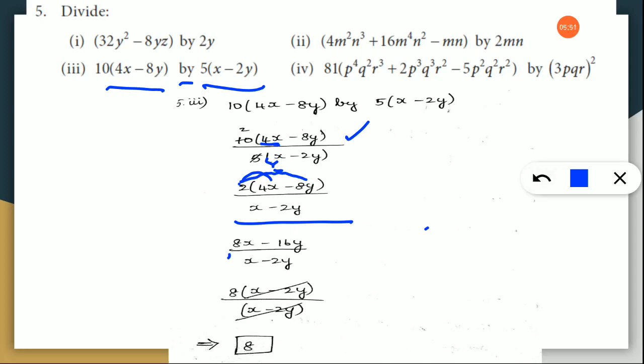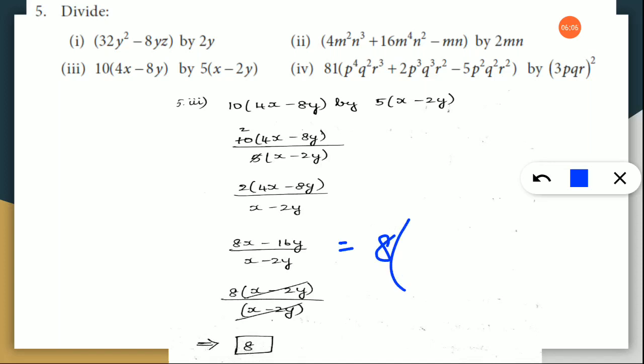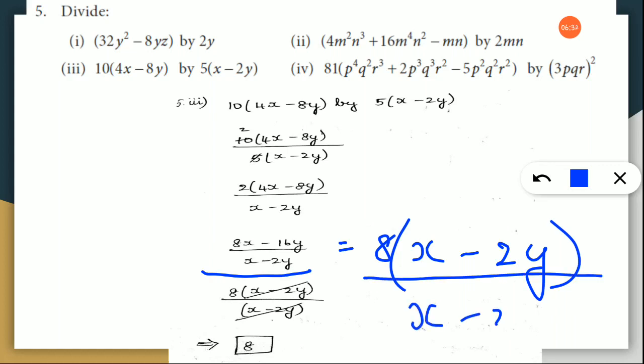Now, the next step is, I am going to take this 8 out. Since it is 8x minus 16y, I am going to take this 8 out and then x minus 2y is there. If you take this 8 out, what happens? 8 into x will give us 8x again. And then here, if I write 2y, when you multiply, you will get minus 16y. I am just taking it out; the value does not change. If you want, you can stop up to this. That is also correct. But the more we simplify, the easier and simpler the answer will become. That is why we are doing simplification. And then divided by x minus 2y.